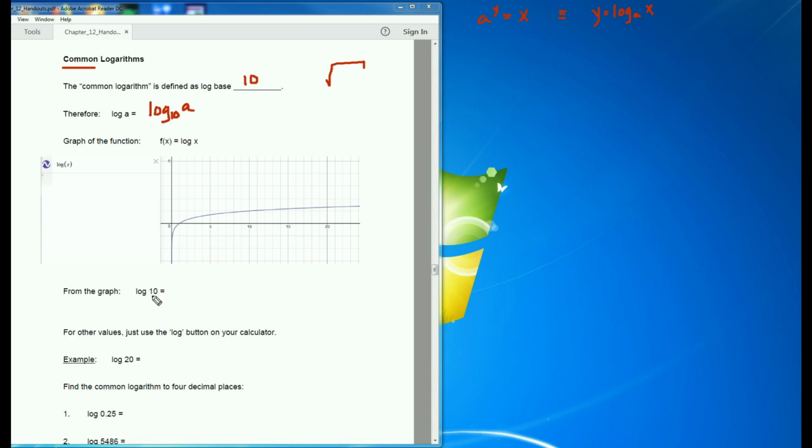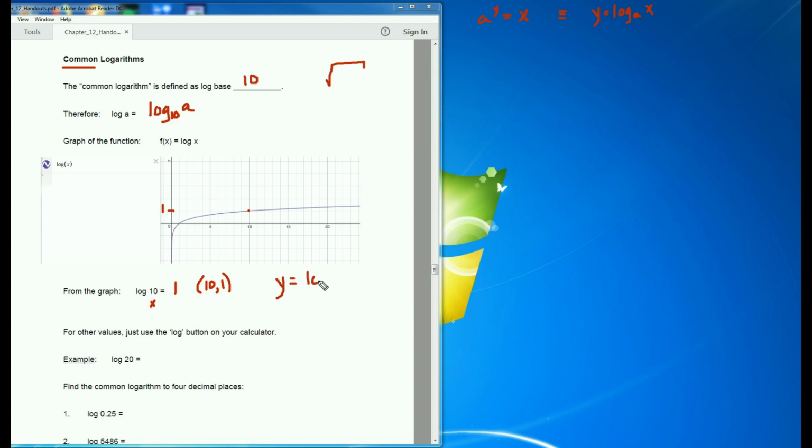If 10 is the input number, here's 10, and we can see that the output number is y equals 1, because we've got the point (10, 1) on the graph. And if we were to write that, y equals